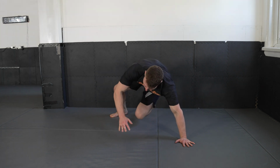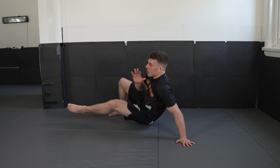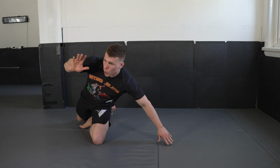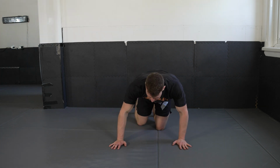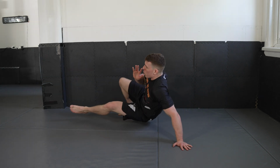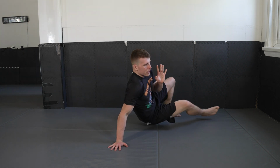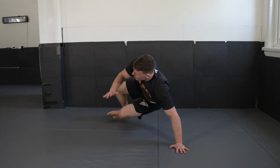We're going to sit out by pushing your leg through and just lift up. So this is the sit out position. Now, normally in jiu-jitsu, you would come all the way through for an actual sit out, but we're just going to use this as a little bit of a rotational core mobility drill. That's 1, 2, 3,